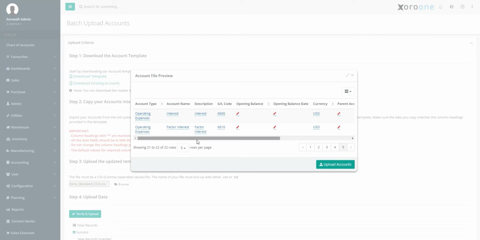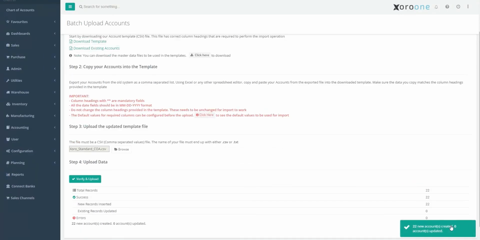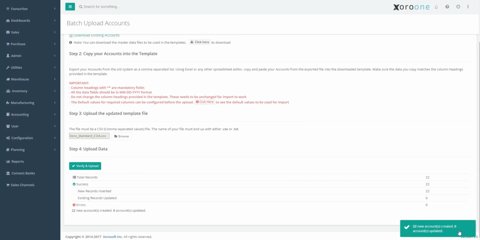So there are checks in place in the upload module that prevent you from inserting two accounts of the same name. If there's any invalid account types as well, just to keep that in mind. And let's go ahead, let's click upload accounts now. And you can see the chart of accounts have been uploaded into the system. You can have a look